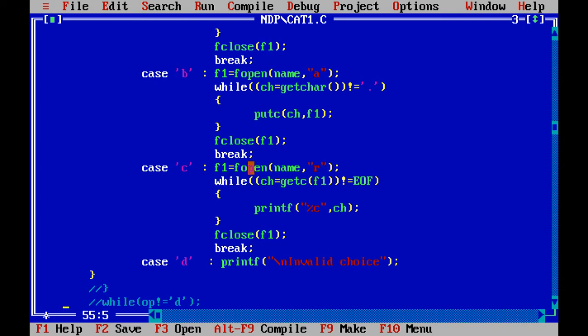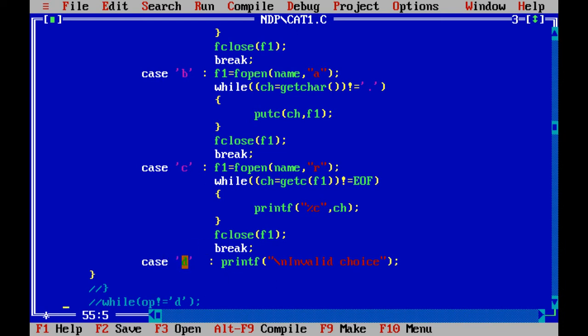So in this option, I have made use of file pointer F1 again. We are going to open that file in read mode and get the characters. Now I have made use of the getC function. While I had to read the characters from the user, I made use of getChar. Now I'm simply going to get the characters from the file until they reach the end of file, and I'm going to display them. So I'm just going to print them on the screen by using printf %c and our character. Further, we will close that file and break this case.